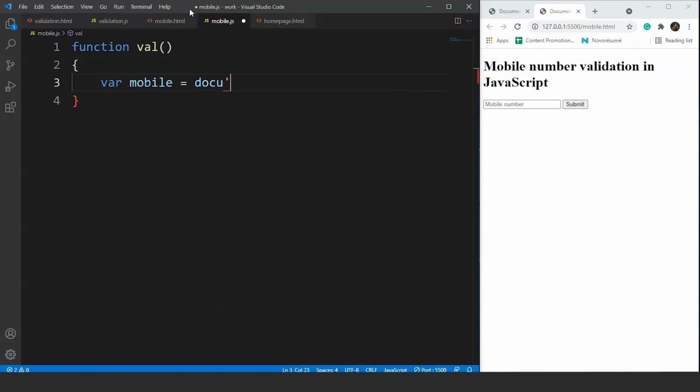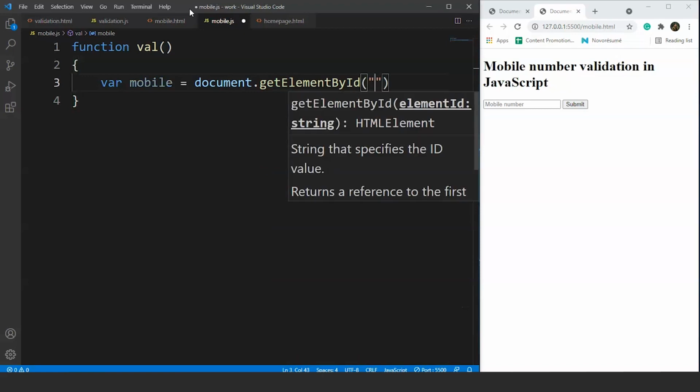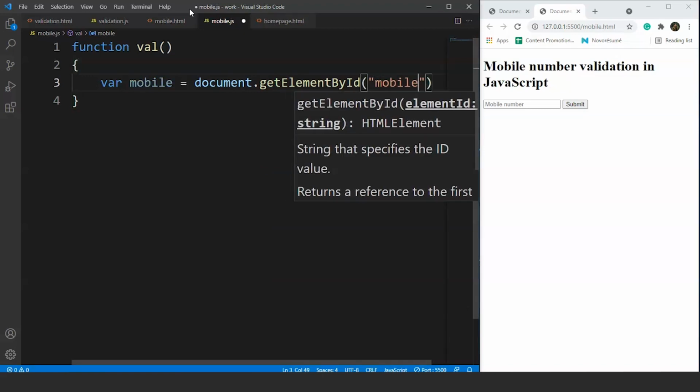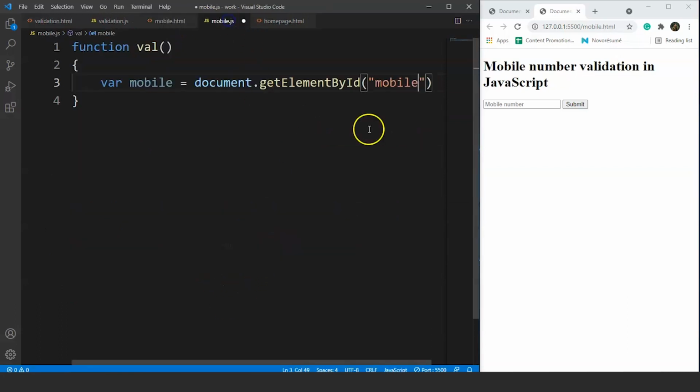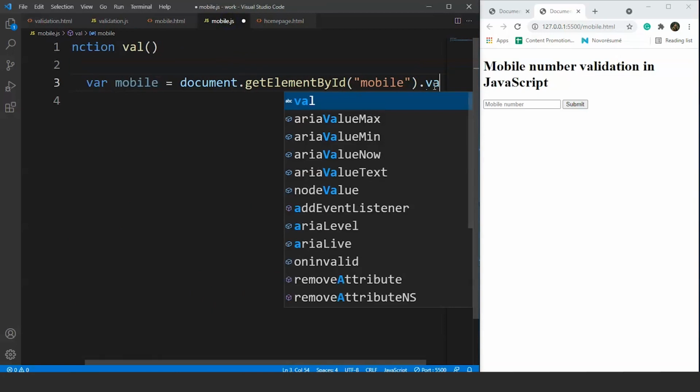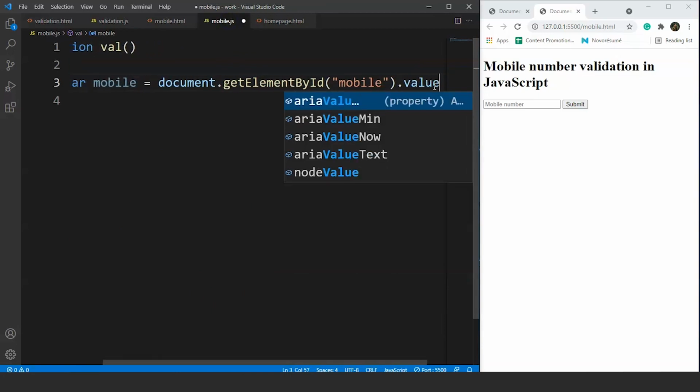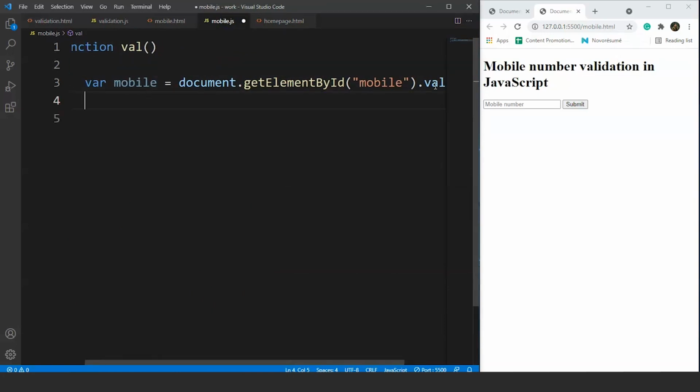So we'll write here document.getElementById. So here's the ID, I guess, mobile. So let's check it once. So here you can see we have the ID as mobile. Now what we'll do is we'll write here .value to get the value entered by the user. And now what we are doing is we are using regular expressions for this purpose, right?